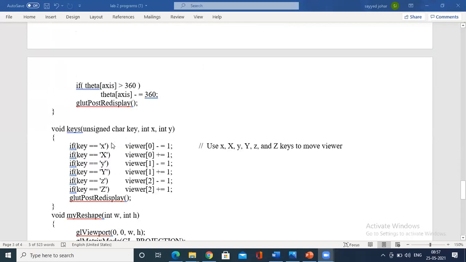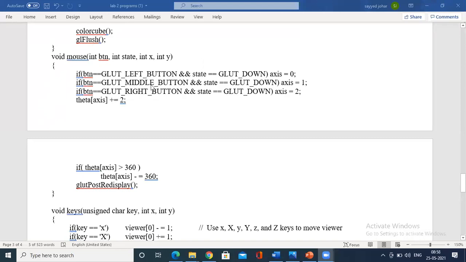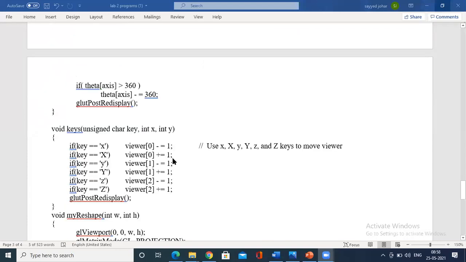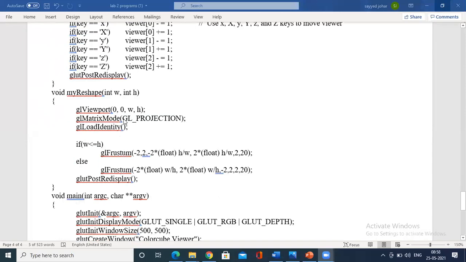Yes, copied. And you add some extra functions called keyboard functions. That is, on pressing small letter x, what happens? On letter x, it should also work with the mouse. On pressing the left button, it should not rotate. It should show the perspective view along the x-axis, along the y-axis, and along the z-axis. And finally, this is the concept to maintain the aspect ratio or to maintain against distortion.